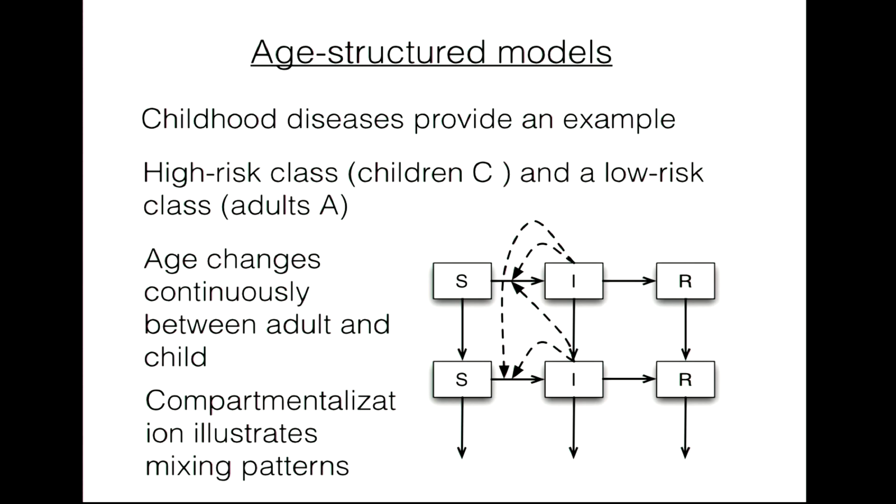You could have the dotted line, which affects the transition between S and I, largely coming from here. You could have some amount of leakage from here to here, some amount of influence at the adult stage between the infected and the susceptible. But the numbers that you would choose here would really favor children acquiring this infection from other children within the